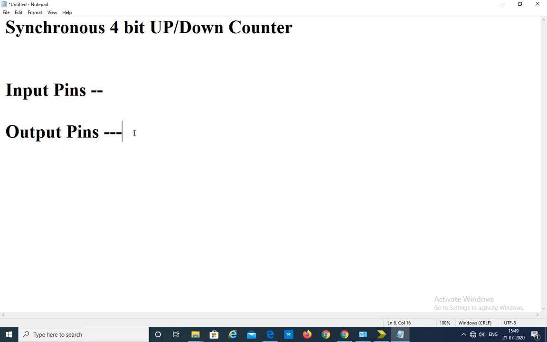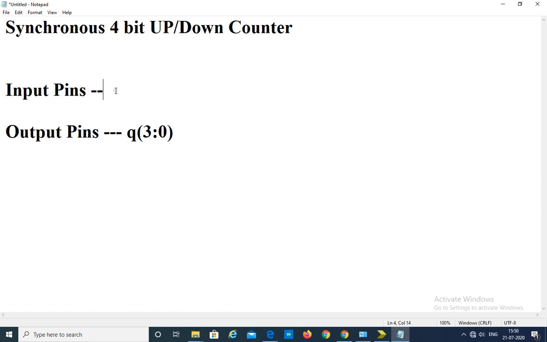So that's why we are defining one output pin here, Q, as output, which is a 4-bit vector. Q is defined as output variable, which is 3 down to 0. So output pin Q is 4 bits, because we are designing a synchronous 4-bit up-down counter.